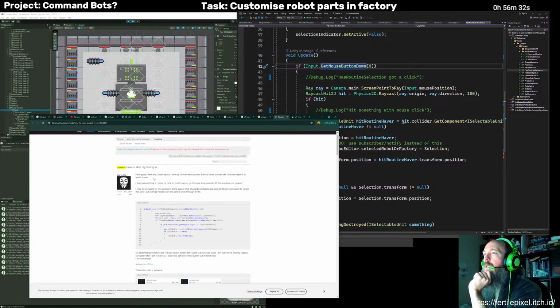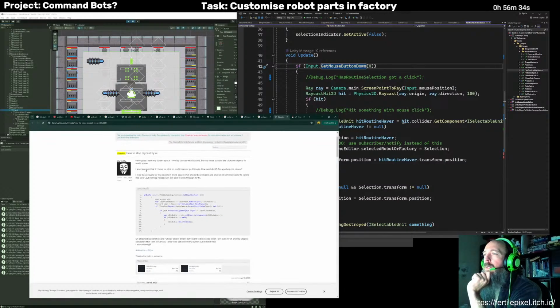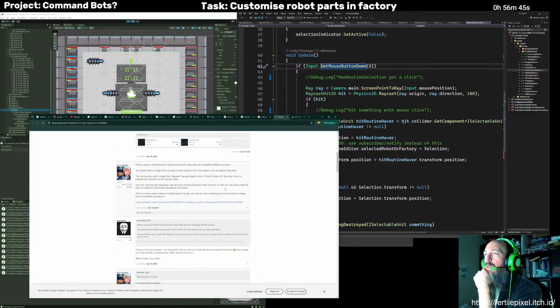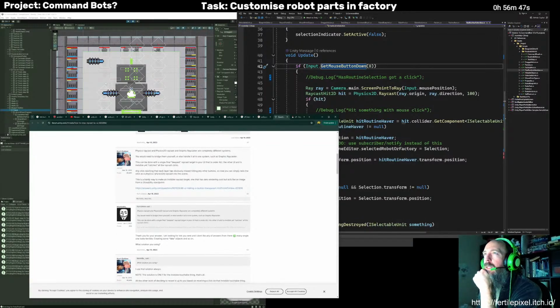Behind the buttons are clickable objects in world space. I want to prevent that if I hover or click on my UI, raycast go through. How can I do it? Yes, this seems like a very relevant question. It's exactly what I've got here. I've got a UI. I don't want the rays to go through the UI.